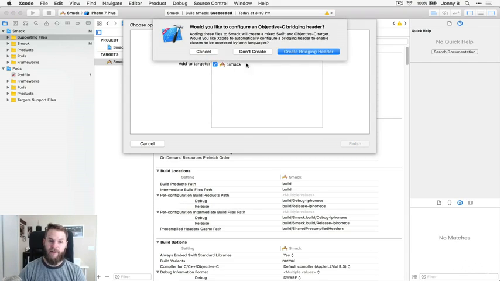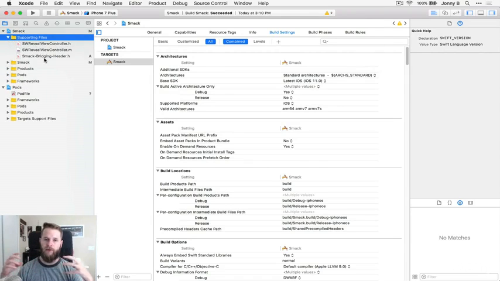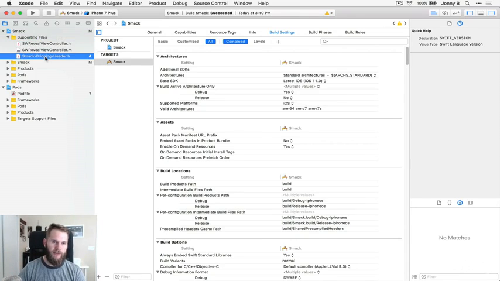And then it's going to pop up and say, would you like to configure an Objective-C bridging header? So this is very important. You want to create a bridging header, so click on create bridging header. Okay, so what this does is the bridging header allows Xcode to seamlessly work with Swift code and Objective-C code in the same project, okay? But one more thing that we need to do to allow that to work is in